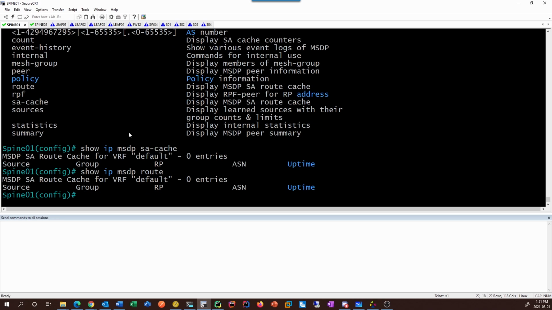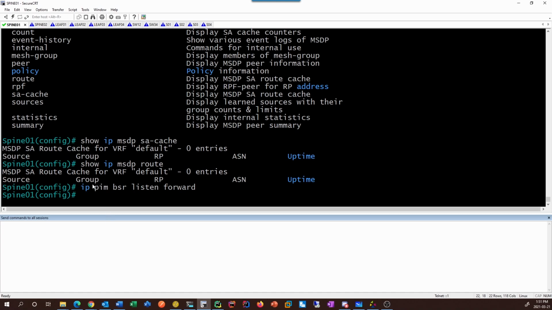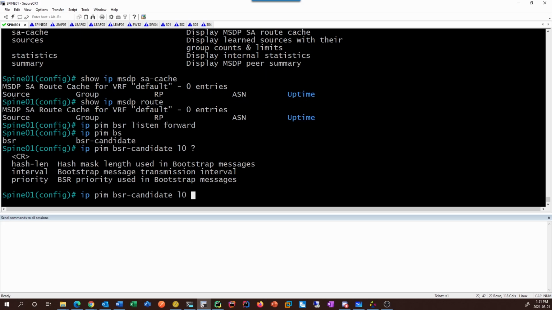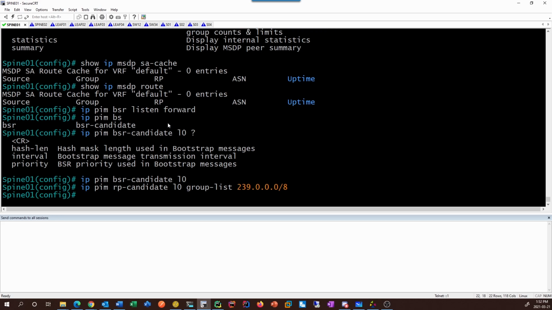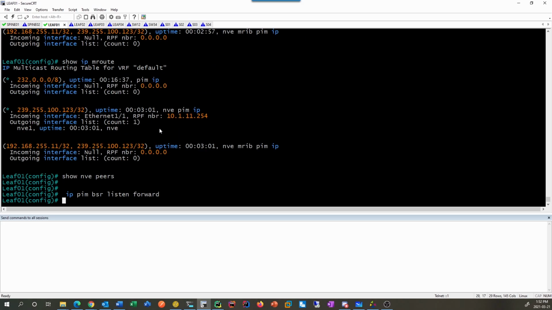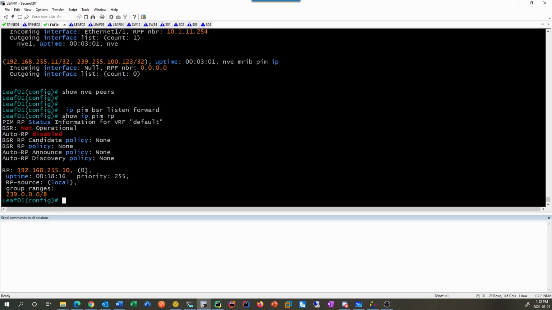All right, whatever. So what we're going to do is enter some commands here, because BSR traffic is not forwarded by default, so we have to tell the Nexus they care. Then we're going to say IP BSR candidate loopback 0, and we're just going to say that's fine. And RP candidate group is going to be